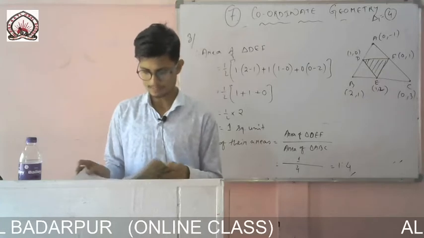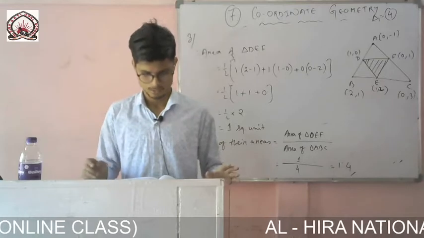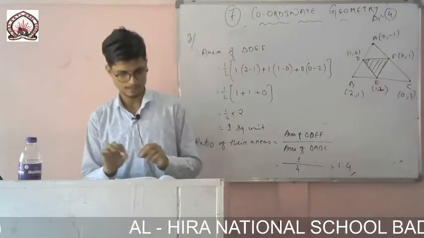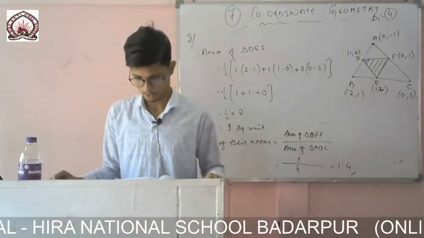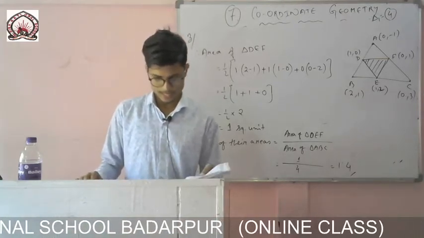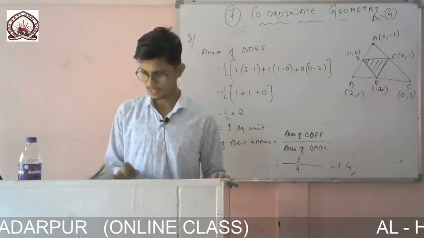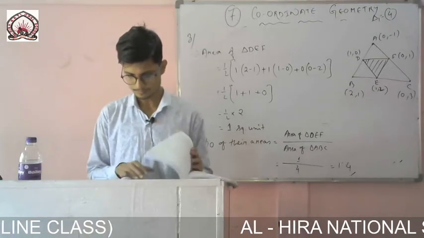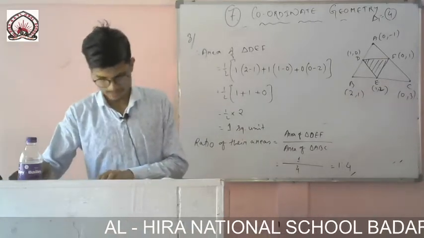Sometimes they may give a question like this, 3 points given and check whether they are collinear or not. So you just solve it. If the answer comes 0, you say yes, it is collinear, since the area of the triangle comes 0, or if it is other than 0, then it will be non-collinear. Okay, so now let us move to question number 4. Find the area of the quadrilateral whose vertices are given. You have to find the area of the quadrilateral whose vertices are given. So this one also very easy.